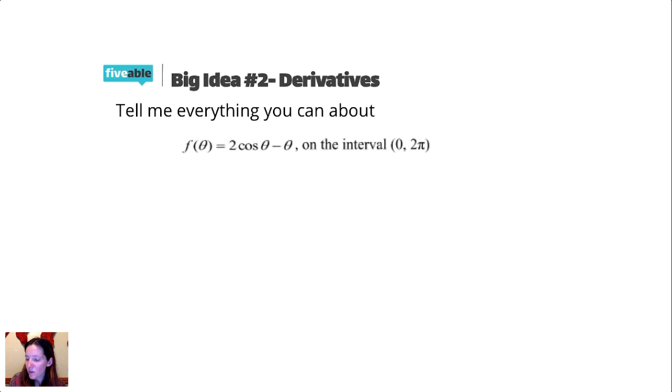Okay, so the derivative, we're going to start by taking that. And you should get that negative 2 sine theta would be the derivative of the first part, and then negative 1 would be the derivative of the second part. There's a delay, so it's not showing up, but hopefully it will in a second. So our goal then should be to find when the derivative equals 0. Because if we can find when the derivative equals 0, then we can find